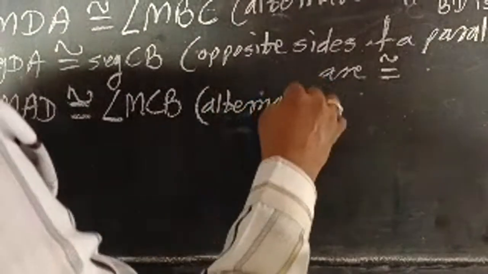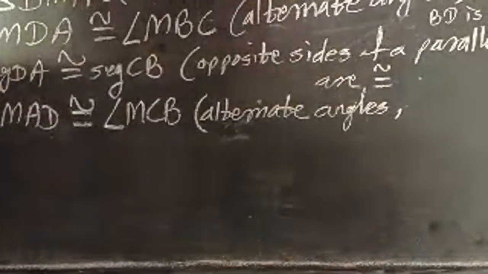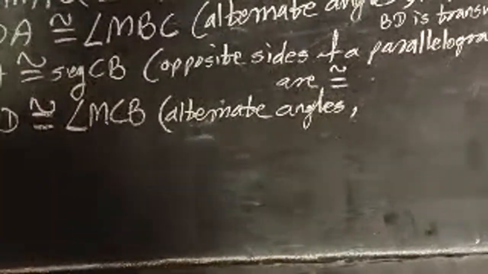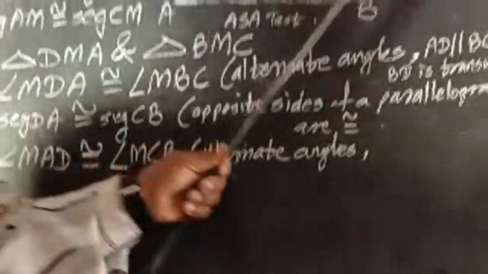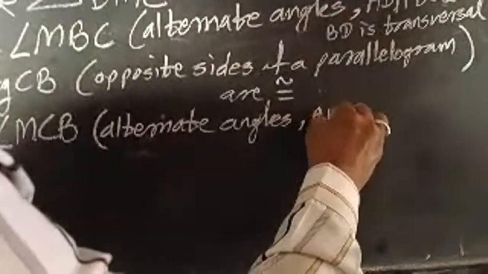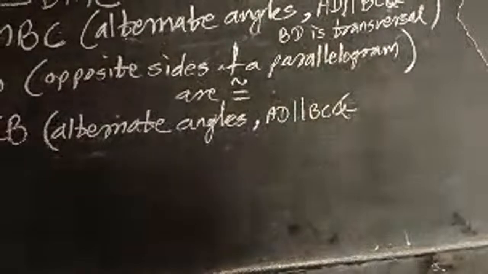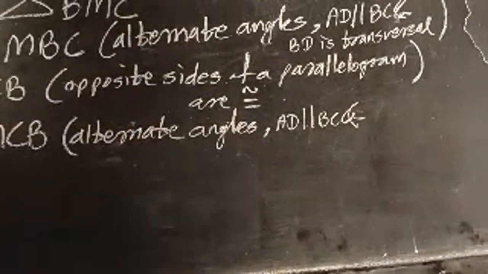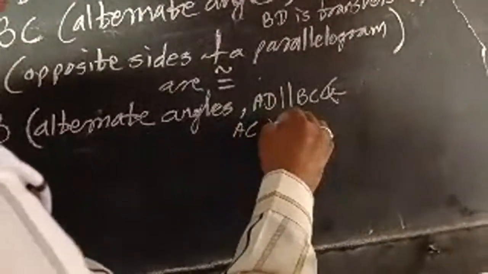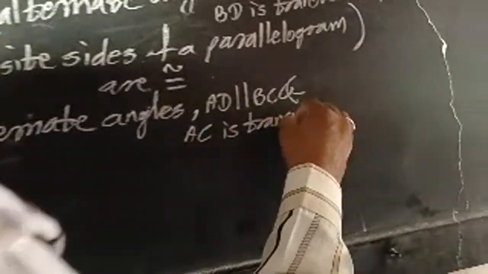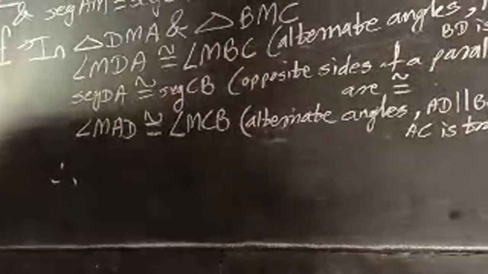Why are alternate angles congruent? Yes, AD parallel BC, two lines are parallel, and AC is the transversal. Good. And therefore,